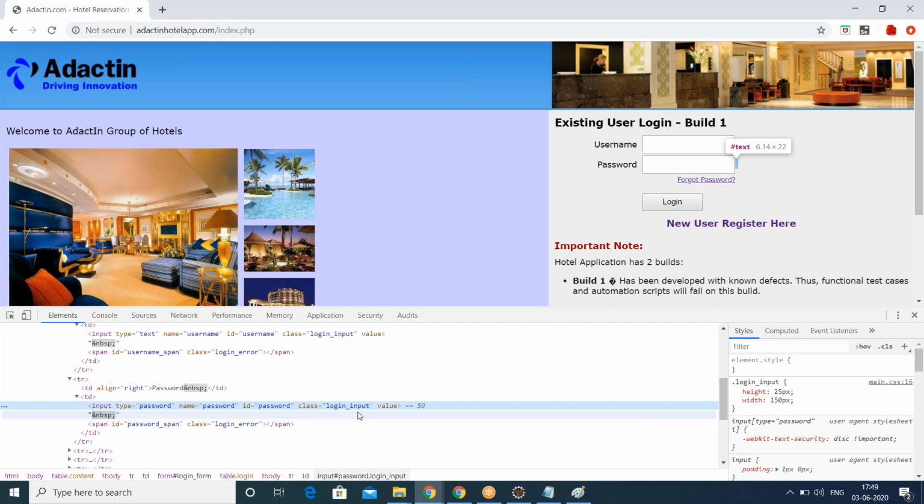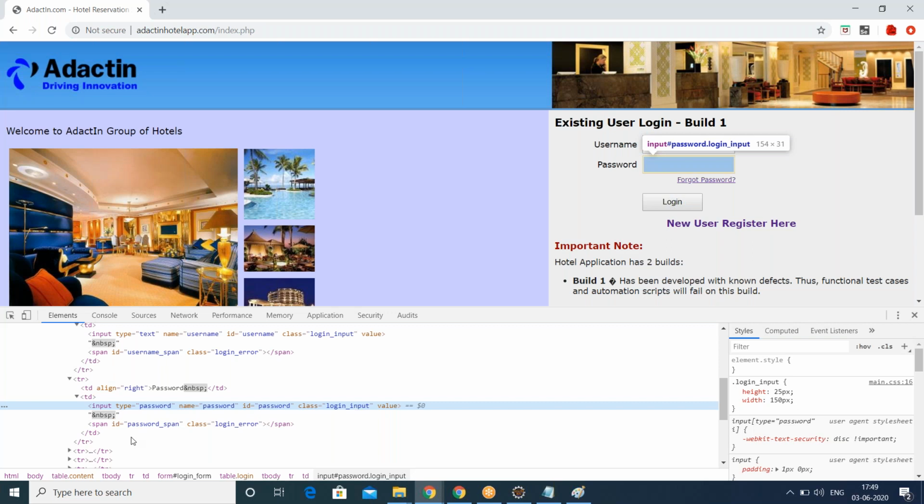If you take class, you will be in confusion. Class is a locator for username and also for password, and of course the class name is also the same. Don't take it. If you find the same locator with the same value in both web elements, don't consider it. Which one should be considered? A locator with a unique value.